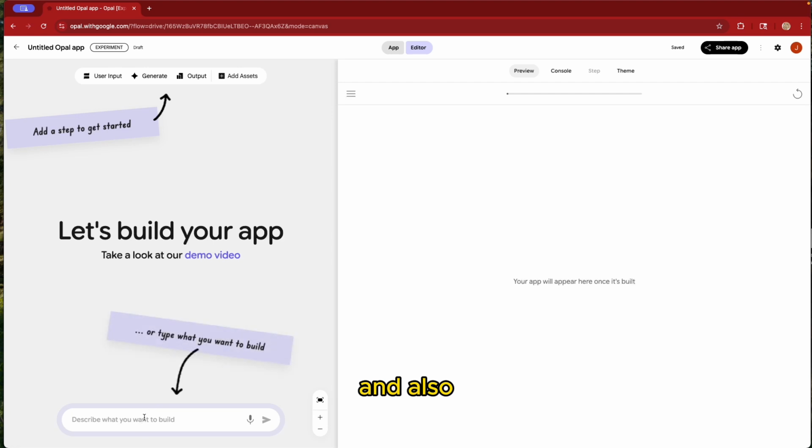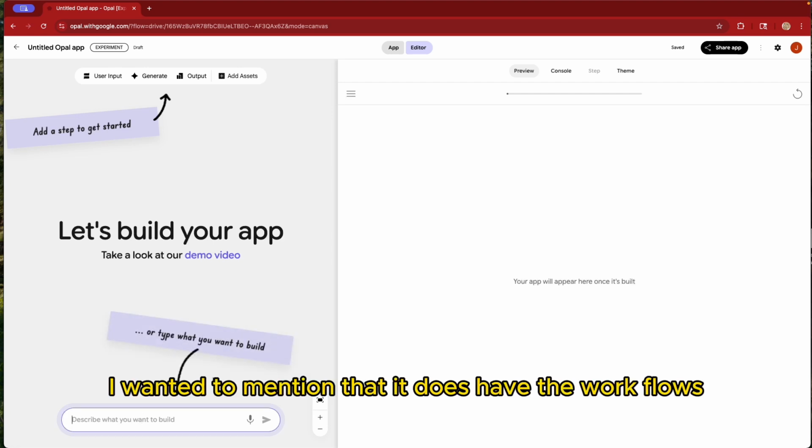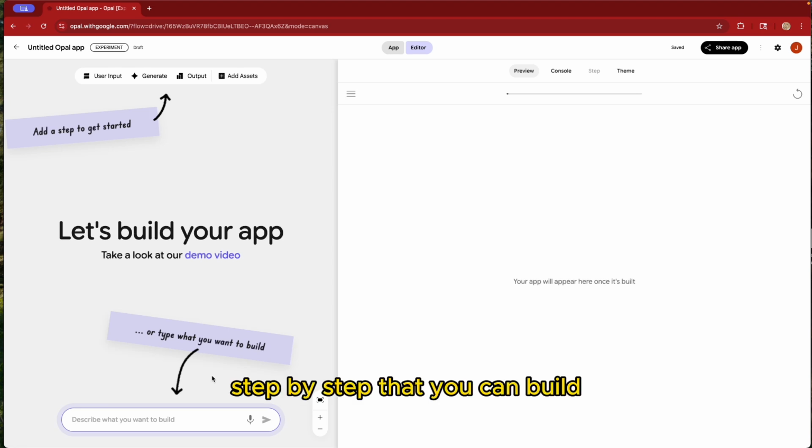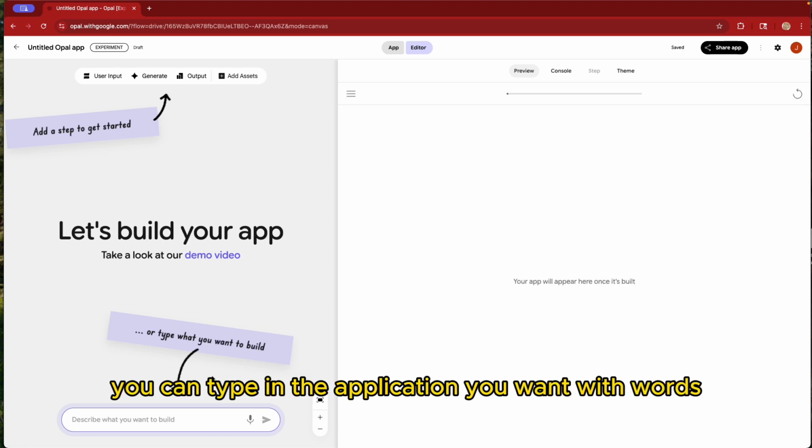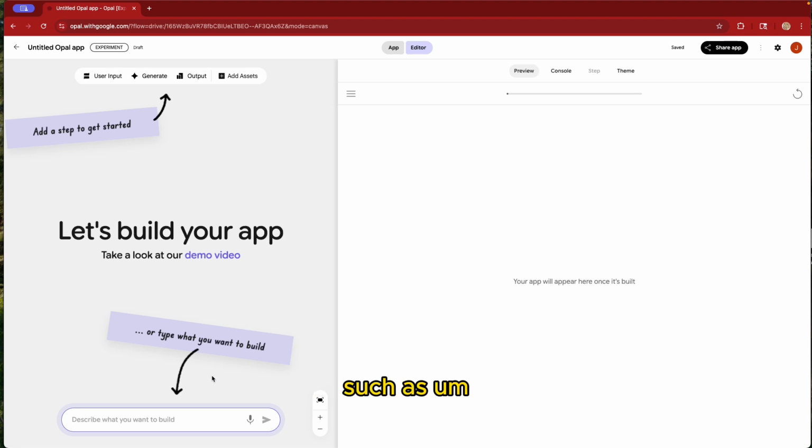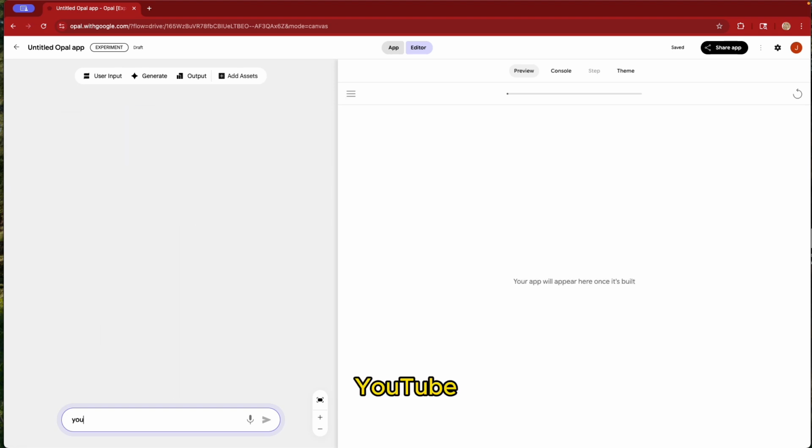And also, I wanted to mention that it does have the workflows step by step that you can build, but also you can type in the application you want with words, such as YouTube Shorts video creator based on a given